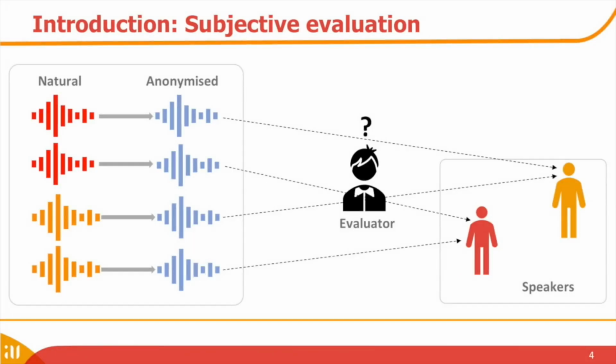To evaluate the effectiveness of an anonymization algorithm, various subjective and objective methods have been proposed. Evaluation methodologies depend on the privacy preservation scenarios. In this work, we focused on subjective evaluation and considered the scenario of an attacker attempting to access a set of original and anonymized utterances from multiple speakers. Our goal was to examine performance accuracy when evaluators were tasked to link natural and anonymized speech recordings.